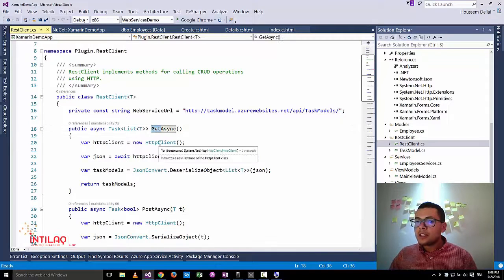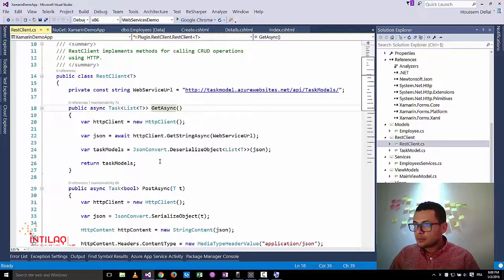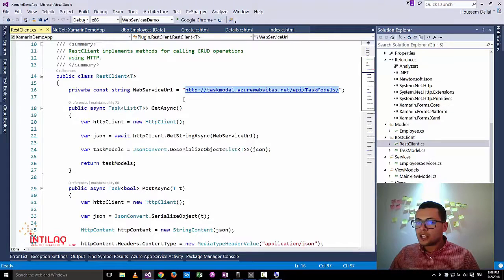So if I want to get the list of the employees, I go and use this get async method. This method creates an HTTP client. The HTTP client will use a web service URL. So here is the URL of my web service. Of course, I should change this one to our local host,